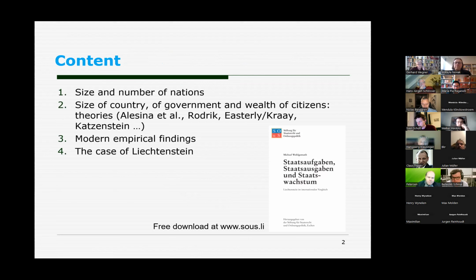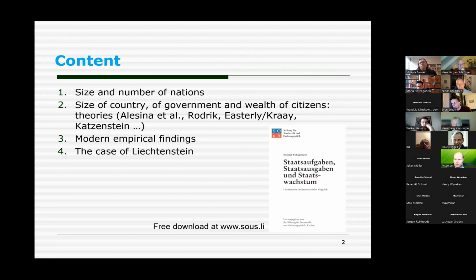Quite intriguing how the number and the size of nations on the world map has changed over the last centuries. And there is some economic theory, which mostly started in the 1960s, about, quite generally, research on small states. Do small states need a larger share of government, and can they be successful? It's mostly about economies of scale, and the neoclassical economic theory would predict that small states have mostly disadvantages, but not many advantages.